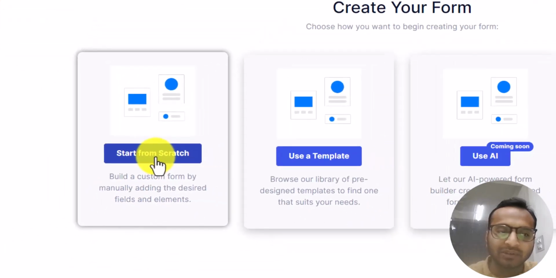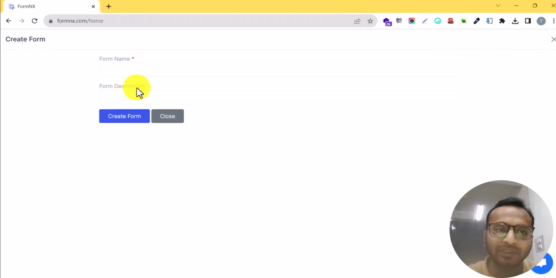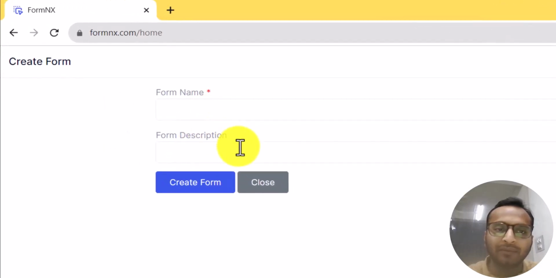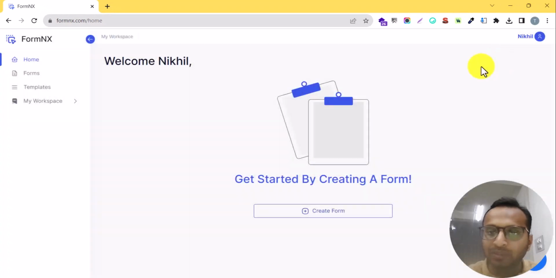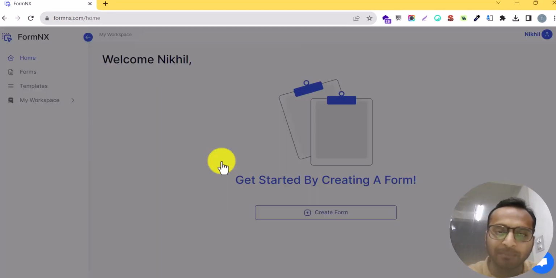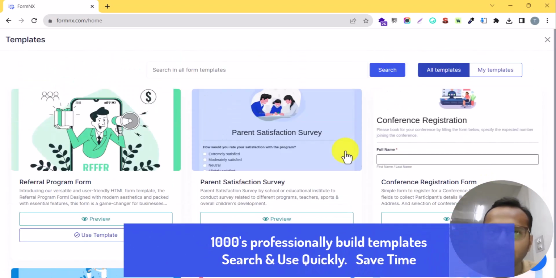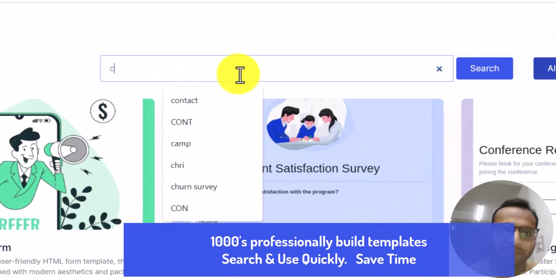So I will just click on start from the scratch, and here you can see I am getting an option to enter the form name and form description. Let me close this one and let me just click on use a template, and here you can see it is showing me a list of different templates. I can search a template name here,